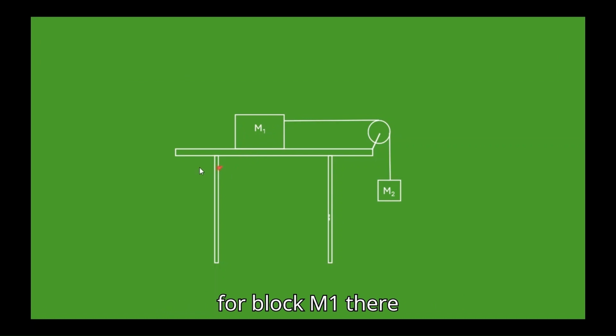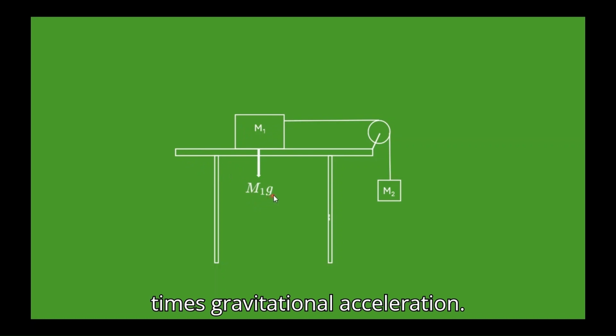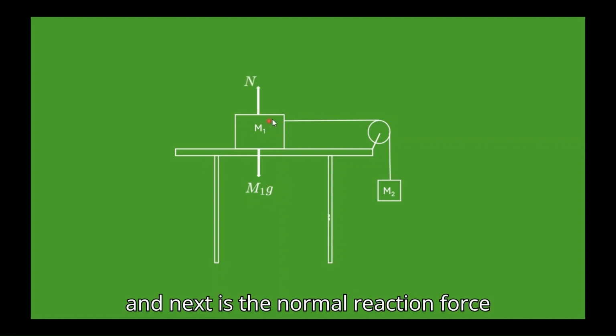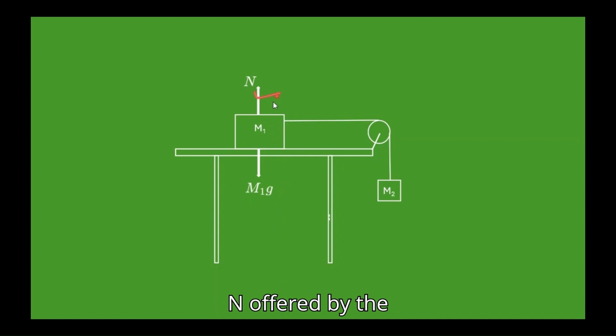For block m1, there is its weight, mass times gravitational acceleration, m1g, and next is the normal reaction force N offered by the table on block m1, and tension T in the string, which is